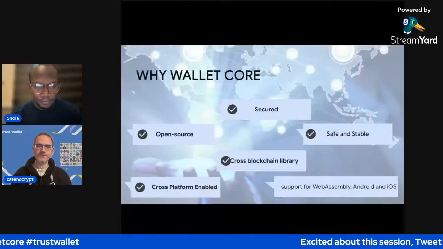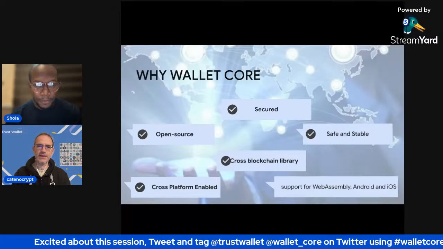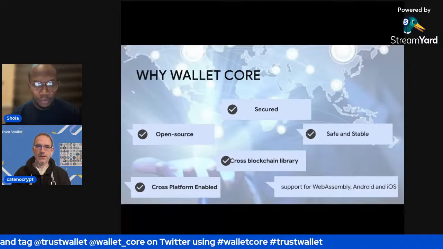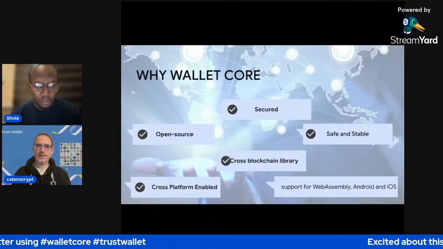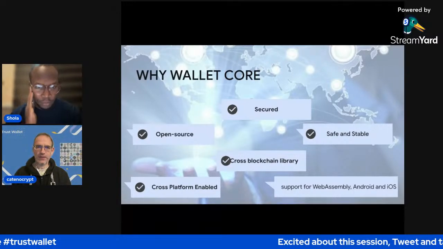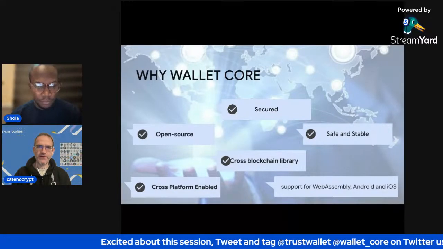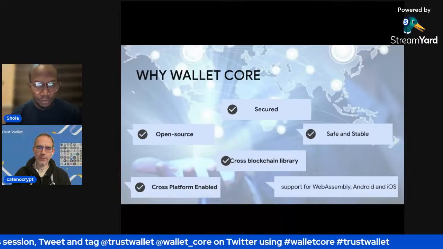So it's a multi-chain library. I don't know the exact number, but we support somewhere between 60 and 70 different blockchains natively. And Wallet Core provides all the address management and transaction management functionality which are needed when making a Trust Wallet application.